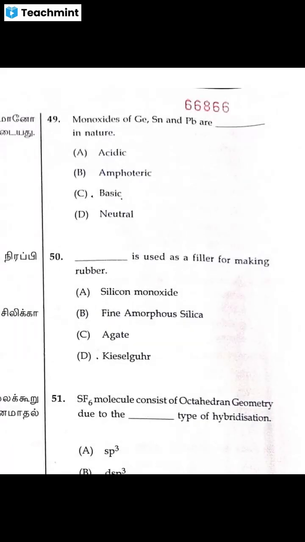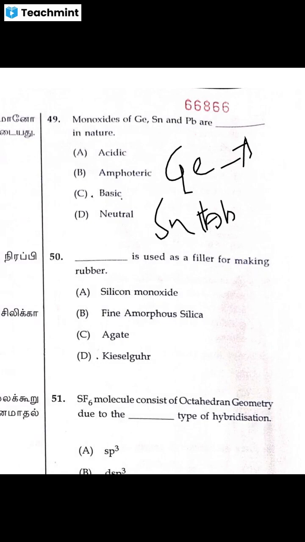And germanium, tin and lead, I explained that in the previous video. Germanium is an acidic oxide, and lead and tin are amphoteric oxides. That is the option, it is not there. Definitely the board will mark it as available for us. Next,